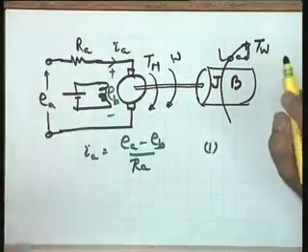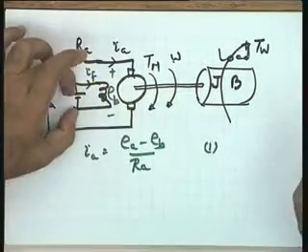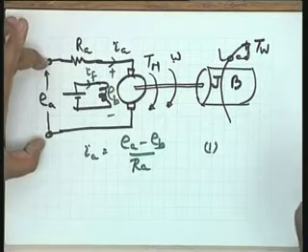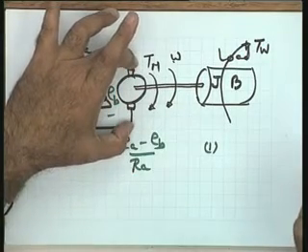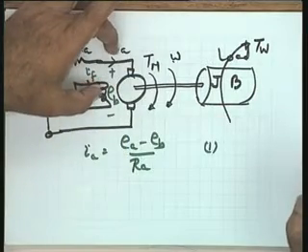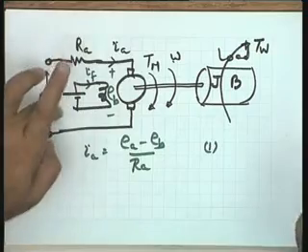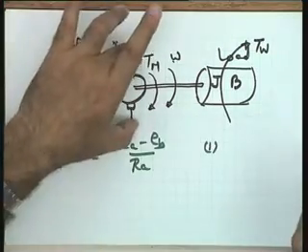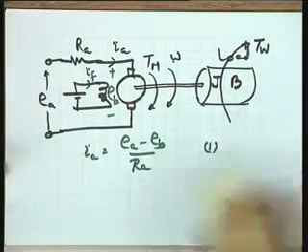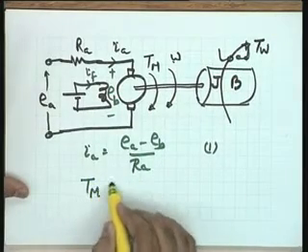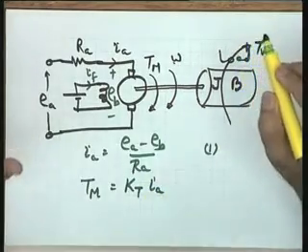Now, this Ia, you will note that if IF, the field current, is constant, Ia depends upon the applied voltage. However, the torque produced by the motor, as you know, is proportional to the product of the two fluxes and hence the two currents. Since IF is constant, I can say that the torque produced by the motor is proportional to the armature current, IF being constant. So, I now write Tm is equal to Kt into Ia, where Kt is the torque constant